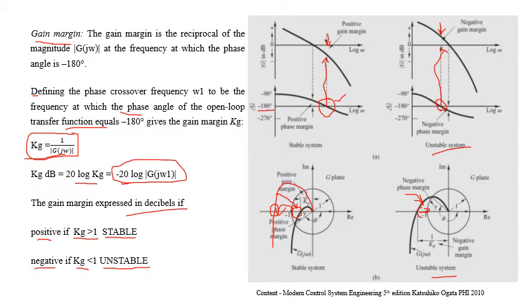Please understand, if you are not aware of the Nyquist plot, then it is very difficult to understand this portion, because this will be understood only when you are good with the polar plot and very well versed in the Nyquist plot. So guys, if you are not able to understand all these concepts, please write in the comment section so that I can make a separate video starting from scratch, on how the mapping is done, how the polar plot is done, and then how the Nyquist plot can be identified using the polar plot.